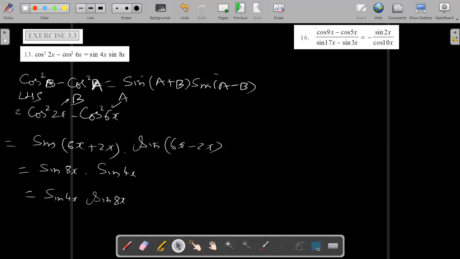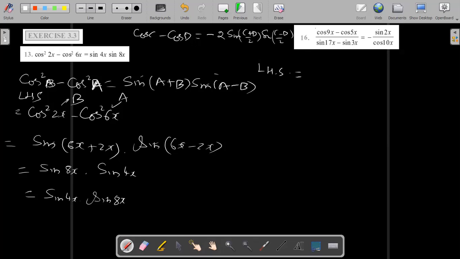cos C minus cos D and sin C minus sin D. So the left hand side is cos C minus cos D. What is the formula for cos C minus cos D? This is the second part, and here you will have to write minus also: minus 2 sin (C plus D) by 2, sin (C minus D) by 2,